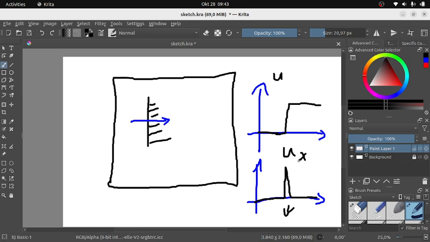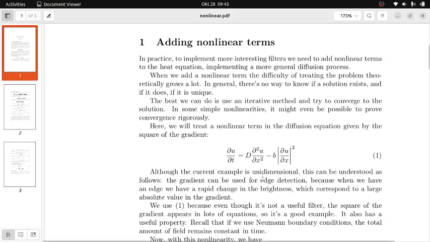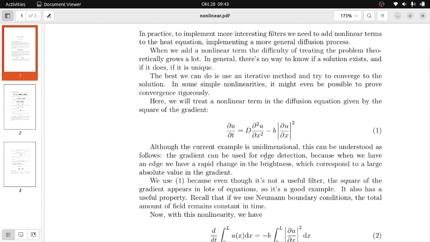So this function, this gradient square, kind of detects edges in the picture, and sometimes you want to have an effect like that. You control the diffusion close to an edge, right? And then there's another reason that we study this, which is that when we add this minus b term, this nonlinearity has a very easy effect to see,